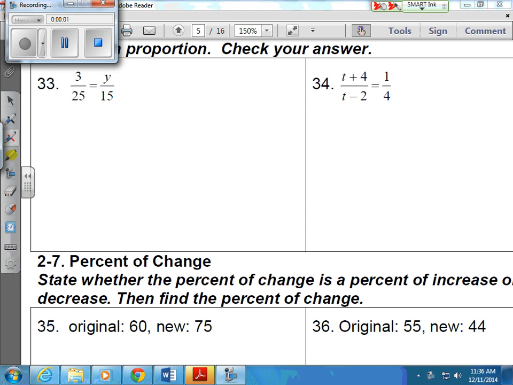33. How do you solve a proportion? Cross